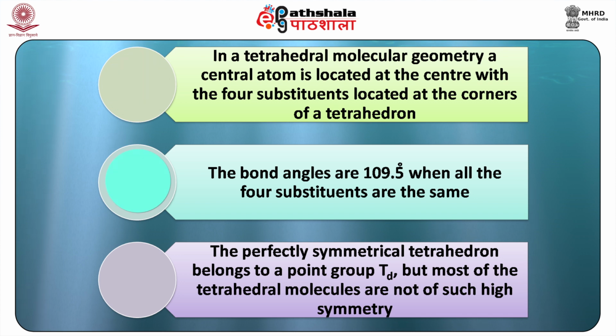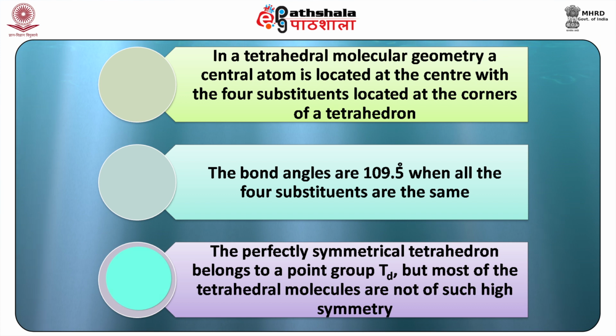The bond angles are 109.5 degrees when all the four substituents are the same. The perfectly symmetrical tetrahedron belongs to the point group Td, but